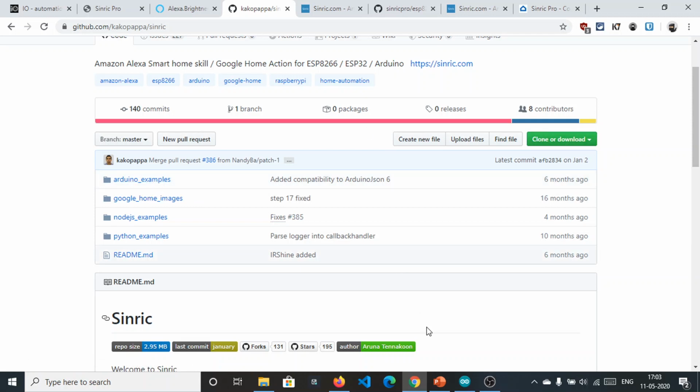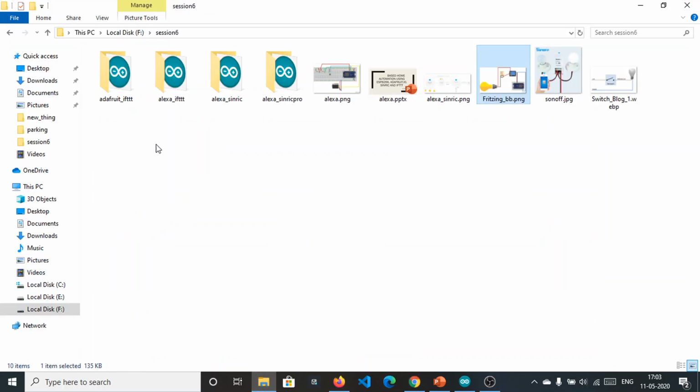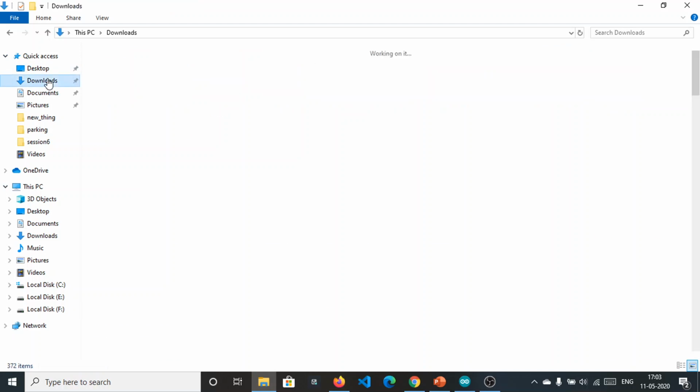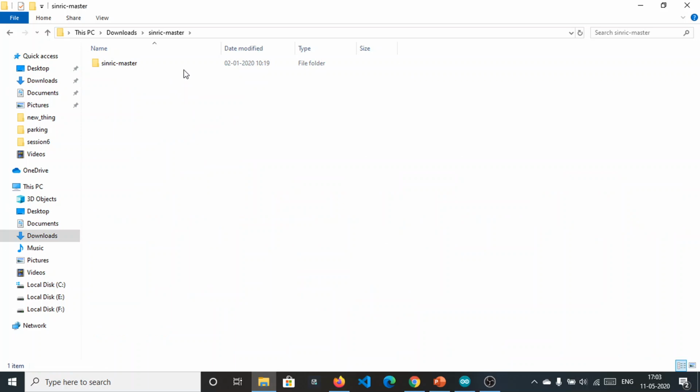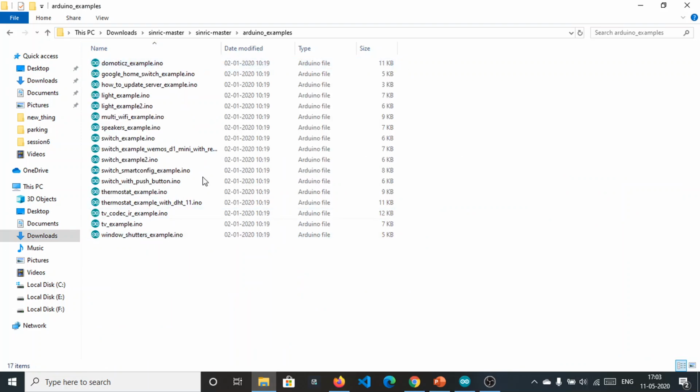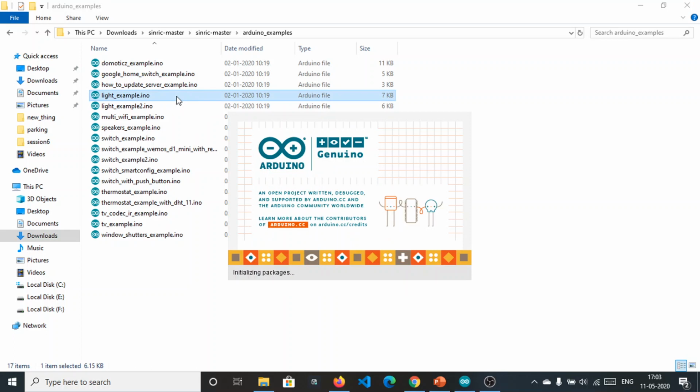After that, let me check the downloaded version, Synric. Okay, so this is the Arduino example. These are the sketches you can use. We will use the light example, because we are controlling an LED.